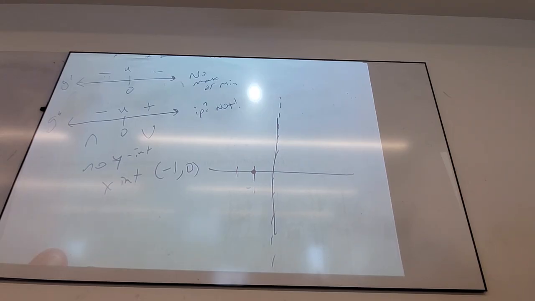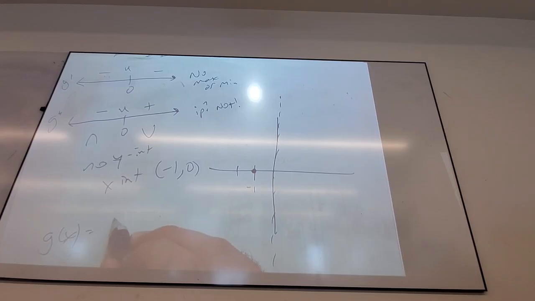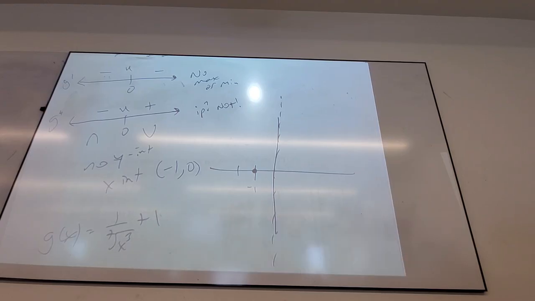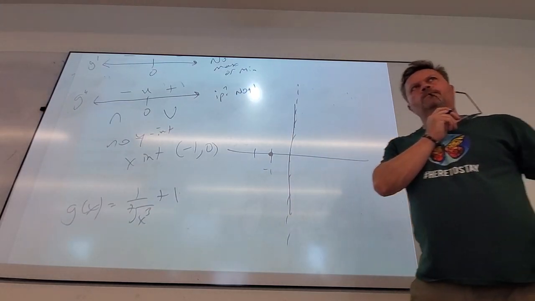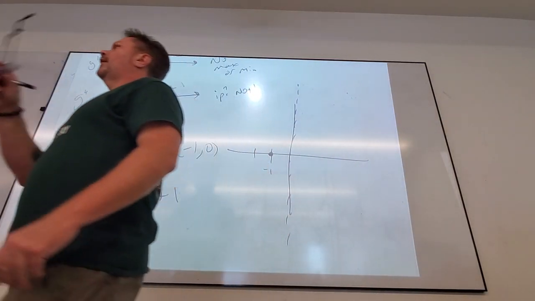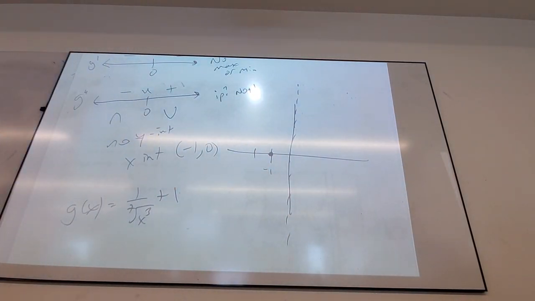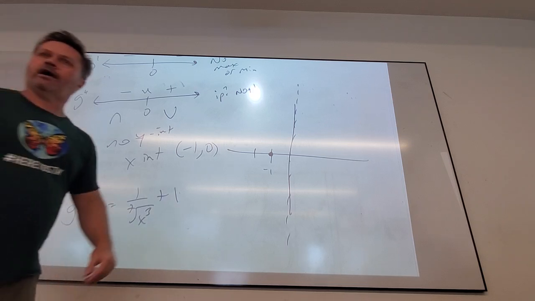That might help us. Let me look at it this way. I don't think I even said this on the sheet, but the function was this. What happens when x gets really, really big? So it gets smaller. That one piece gets closer to 0, so the whole function gets closer to 1. So what does that mean is happening at y equals 1?